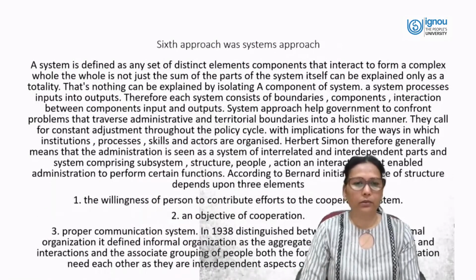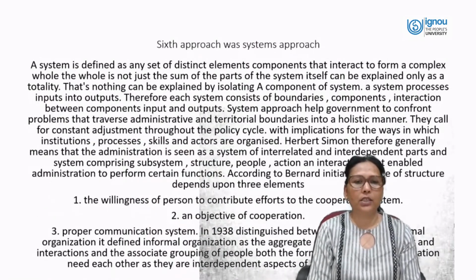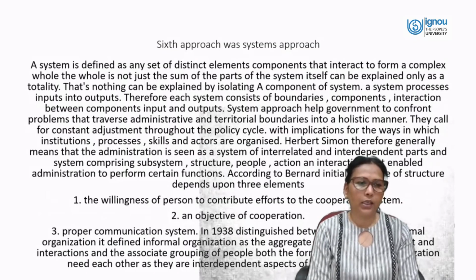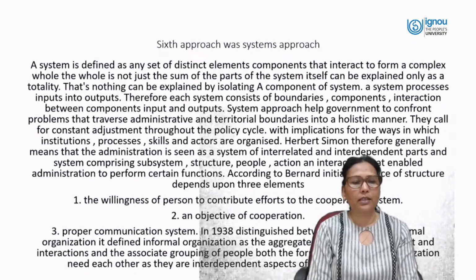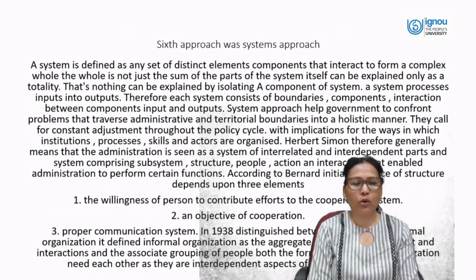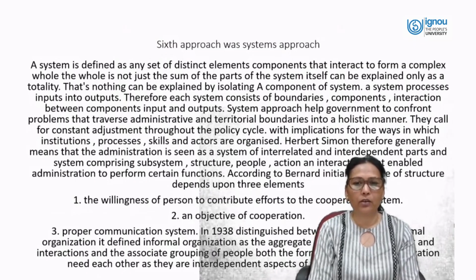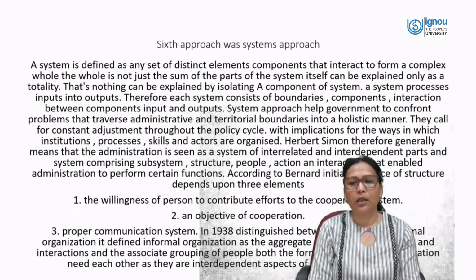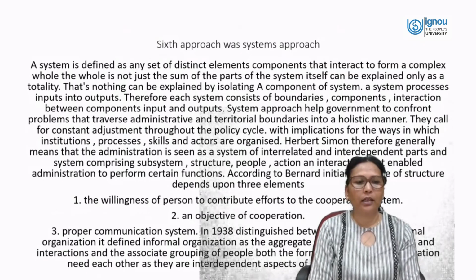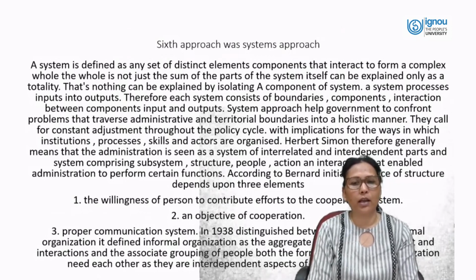Further, we will move on with the sixth approach, that was the system approach. A system is defined as any set of distinct elements or components that interact to form a complex whole. The whole is not just the sum of the parts of the system itself, but it can be explained only as a totality, in which nothing can be explained by isolating